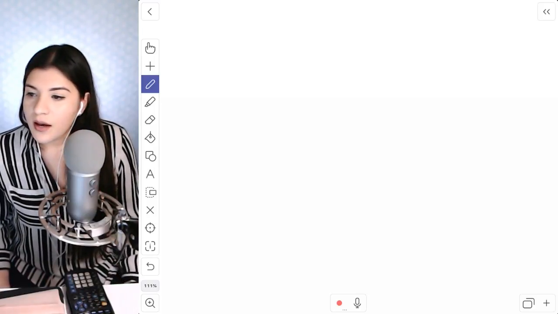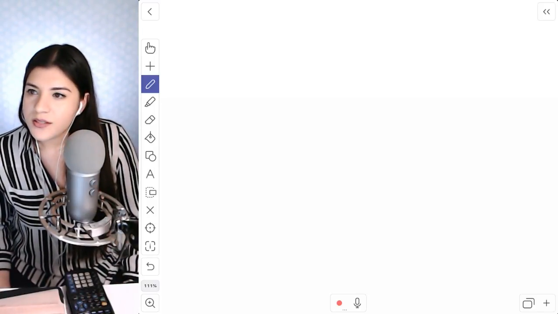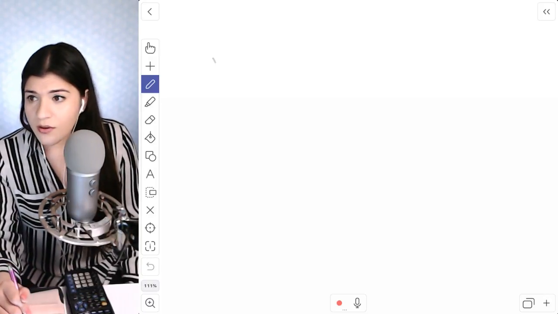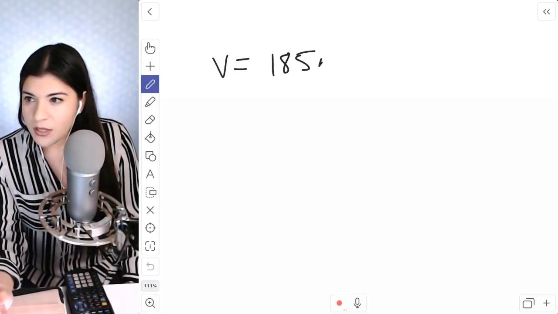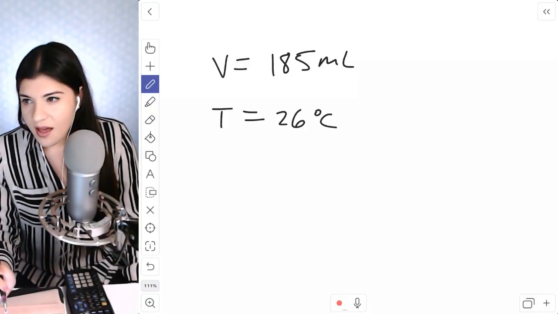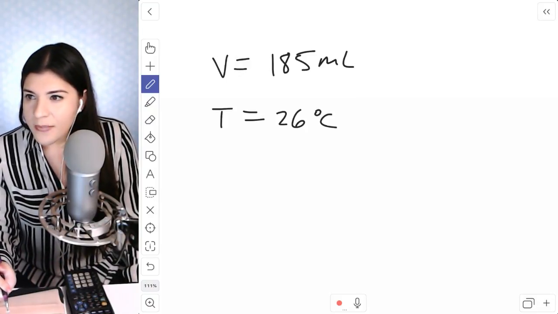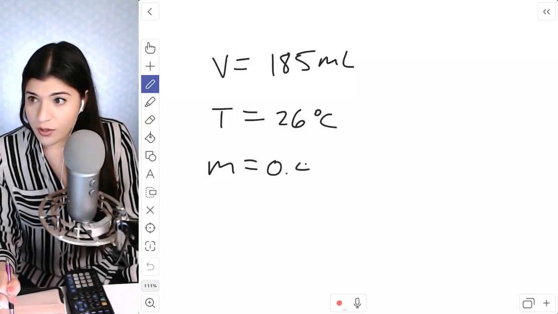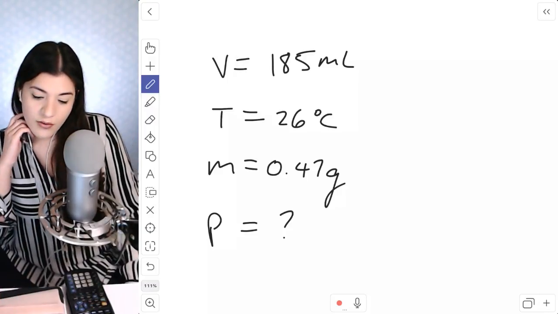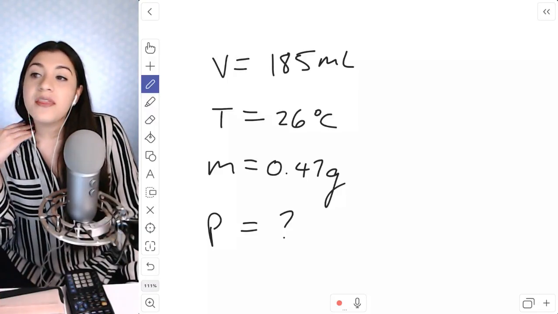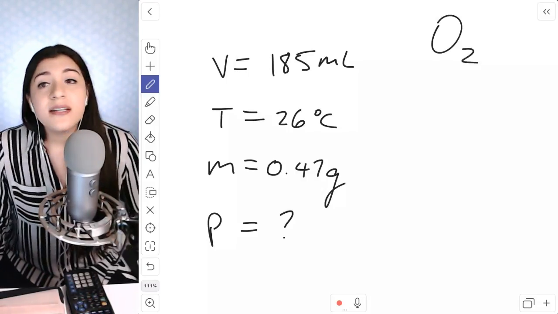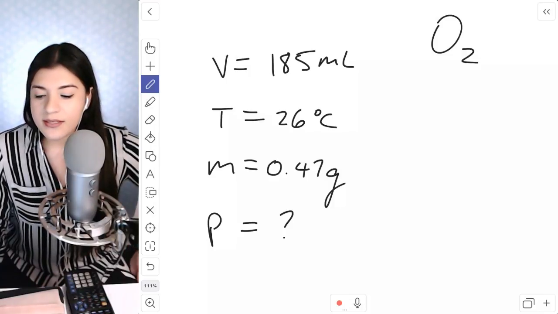So answering Esther's question, oxygen gas occupies a volume of 185 milliliters at a temperature of 26 degrees Celsius and has a mass of 0.47 grams. What's the pressure? Okay, so we're looking at what the pressure of our gas would be, and the fact that they tell us that it's oxygen gas, I know that that's just O2 because